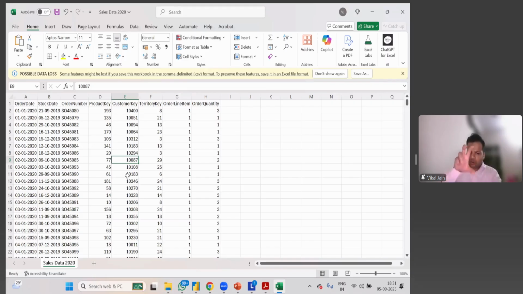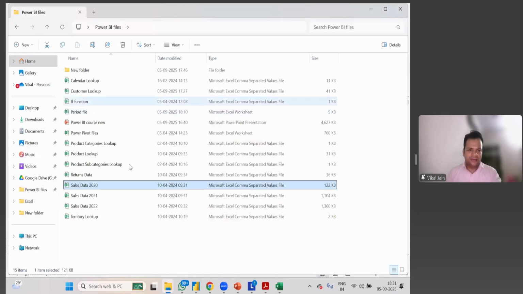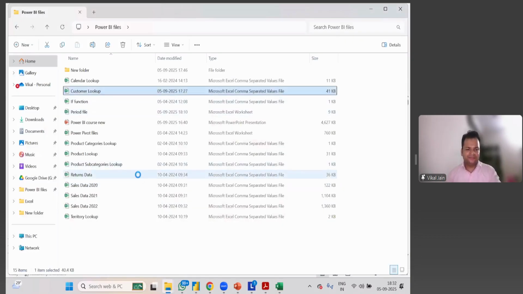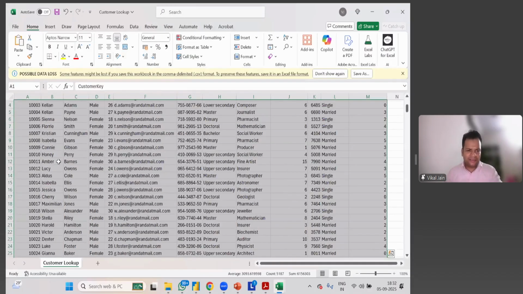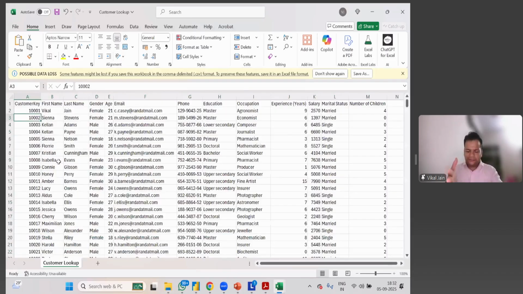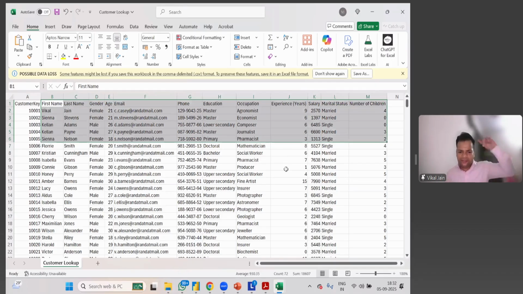Now I want to put a VLOOKUP on this customer key and fetch all the data related to customers. And you will see here we have customer data. Here's the customer key. I can simply put VLOOKUP or XLOOKUP or whatever the case may be. So I want to fetch all the rest of the details in that file